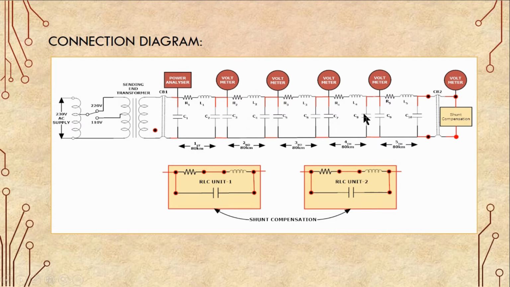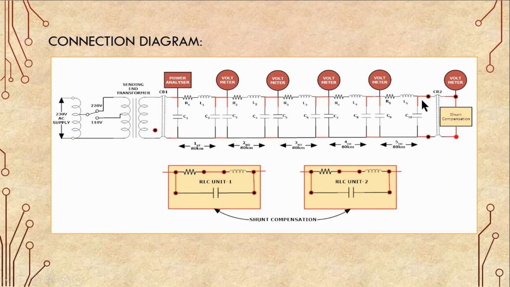Similarly, second, third, fourth, fifth, and we can connect the first and second in series by connecting this line and this line. And also you have to connect the voltmeter across each segment of the transmission line. The power analyzer is connected internally. We'll see in the panel that this analyzer is connected internally, no need to connect any equipment here, but this voltmeter we have to connect externally.